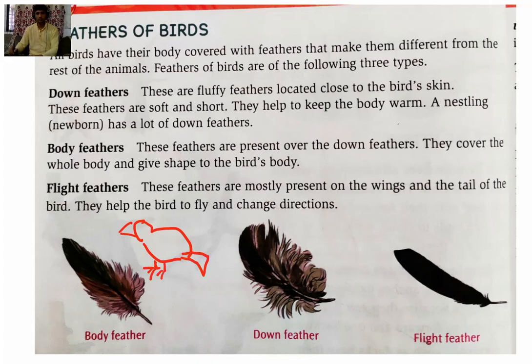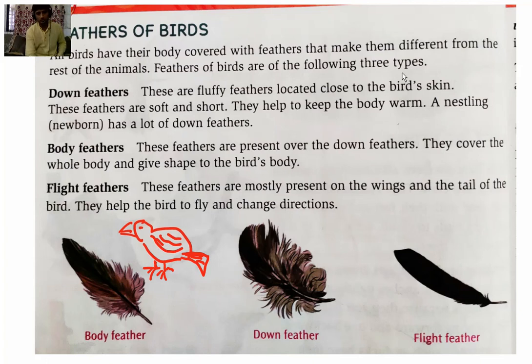One, two, three on front and one at back side. This is the beak. Here there is the eye, and this body is covered with feathers. So there are various feathers.